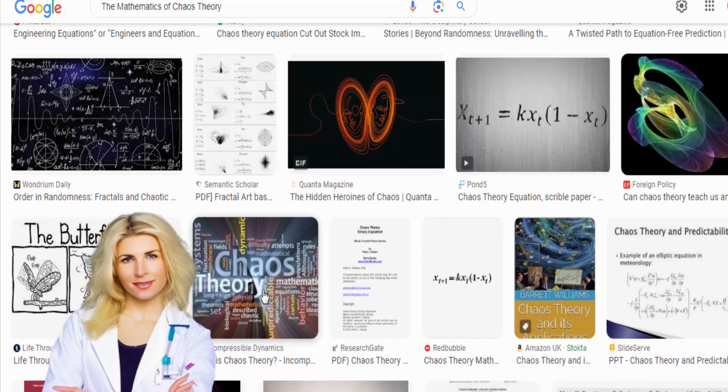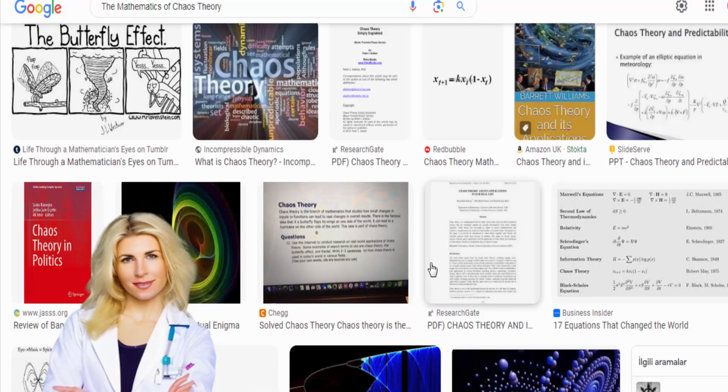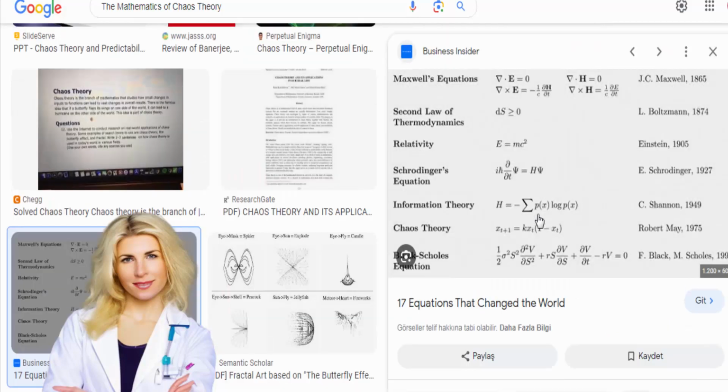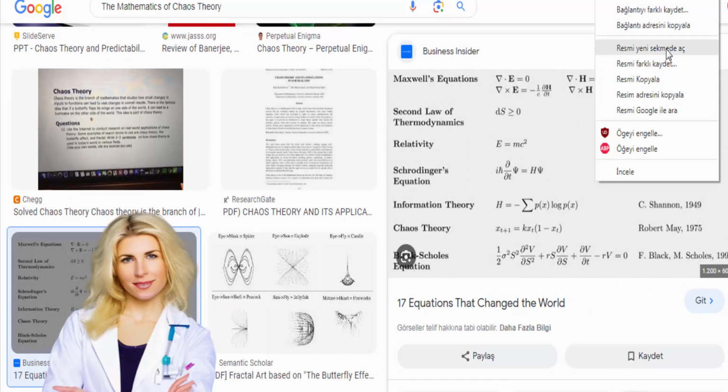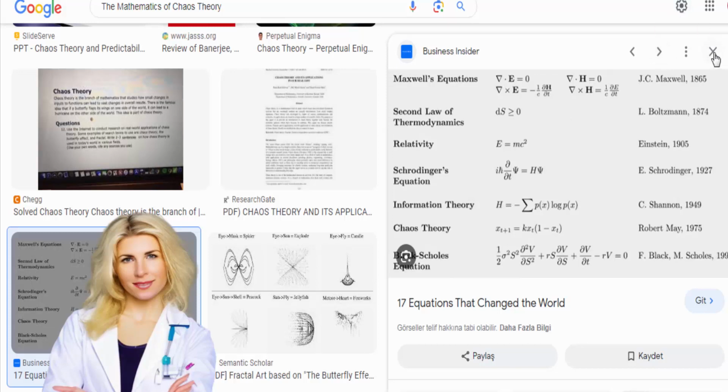Strange attractors. Chaotic systems often exhibit strange attractors, which are complex, self-replicating patterns within the system's phase space. These attractors are a characteristic feature of chaos and help describe the long-term behavior of the system. Sensitivity to initial conditions. The butterfly effect. A defining feature of chaos is the butterfly effect, which states that small changes in initial conditions can lead to significantly different outcomes. This sensitivity to initial conditions is quantified by the Lyapunov exponent, which measures the rate at which